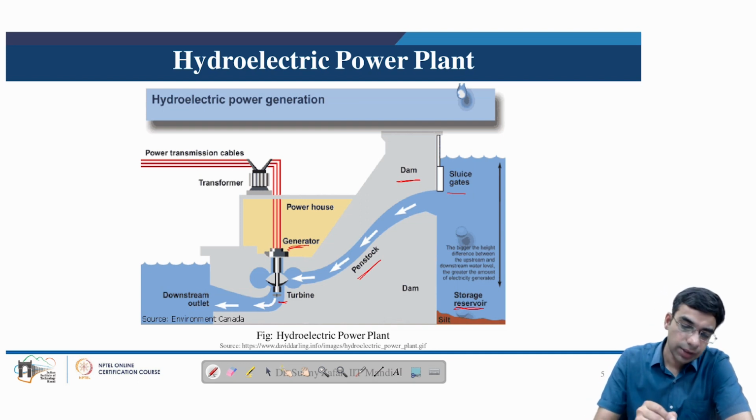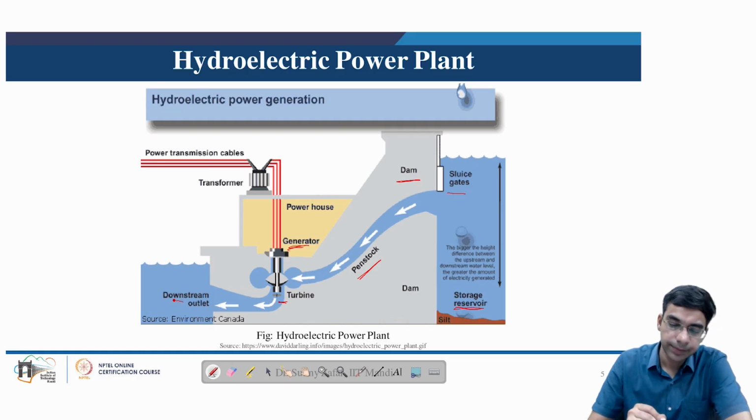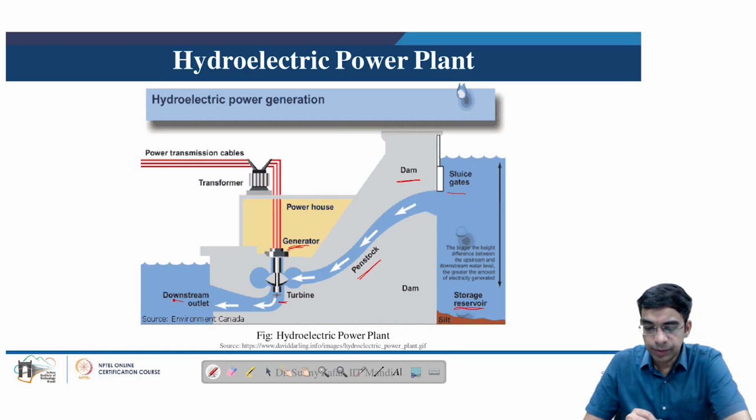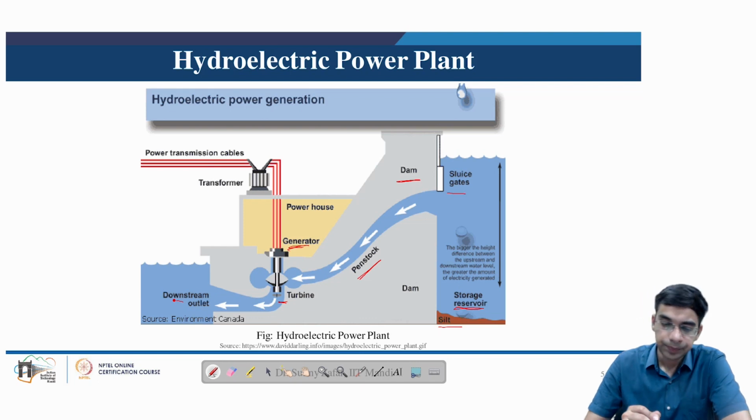And once the water exits from the turbine, it is allowed to flow in the downstream outlet. So now here, because this water is getting stored over a long period of time, there is often deposition of silt observed in hydropower turbine. And of course, during the rainy season, the silt concentration may increase to a very high level, which may also cause several challenges while operation of the turbine. That we will see as we go forward in these slides.